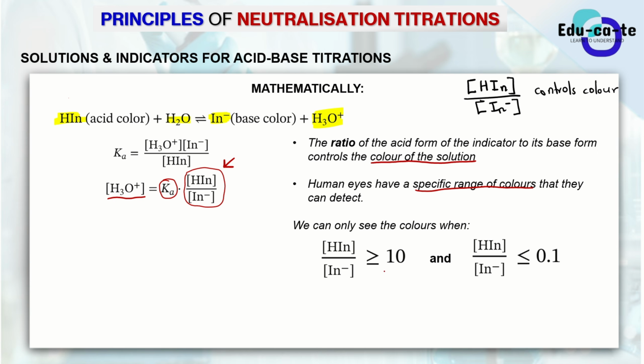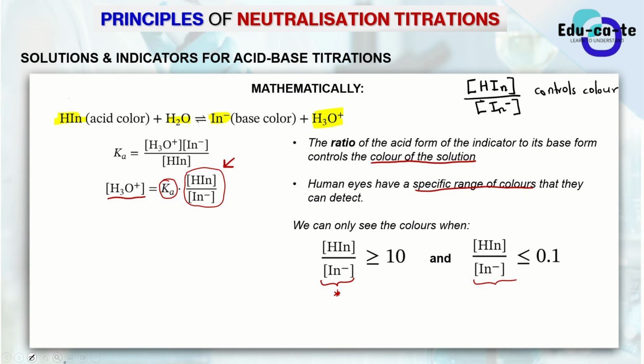So the moment it happens, maybe this ratio is now less than 10. If this ratio is less than 10, then you are going to have a problem because you won't be able to observe the color change. Even if you keep on titrating, you'll only see a colorless analyte, and you think maybe this is not working, but it is because the ratio here is not greater than or equal to 10. That's why you cannot see the color. So for us to see the colors, these are the constraints that we need to abide by.